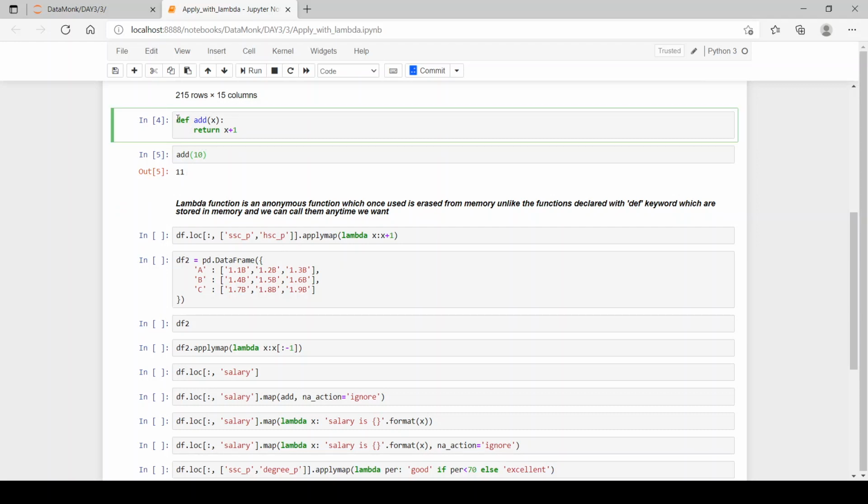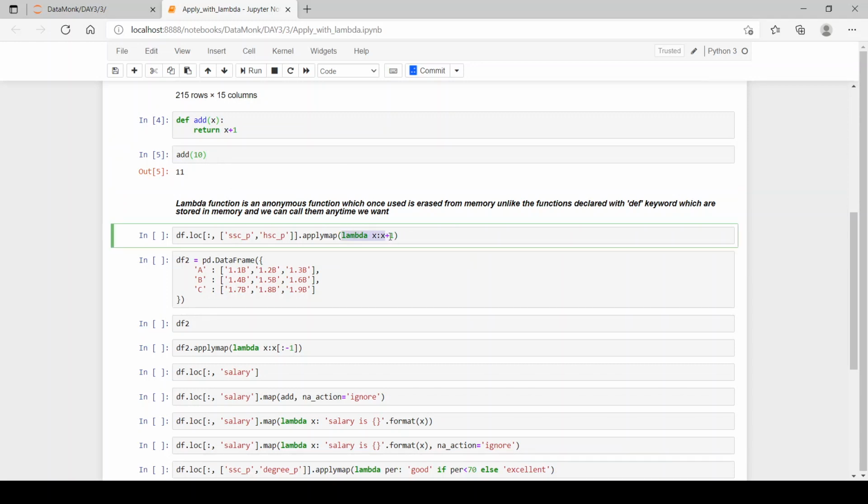Here we have created the def add function, so this add function is created in memory and we can call it anytime. But this is not the case with lambda functions. These are anonymous functions, and once created and used they do not remain in memory, so we cannot call them. It is only for one-time use.